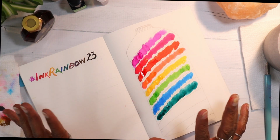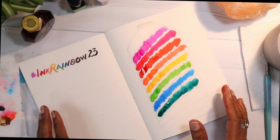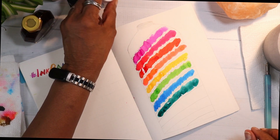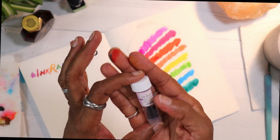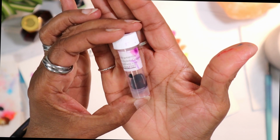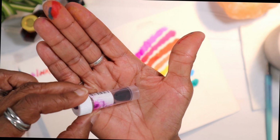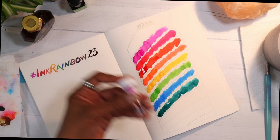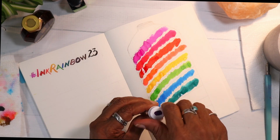I don't have anything purple, or I should say, I didn't have anything purple. And now in fountain pens, I'm kind of liking the purples, which is so weird. Anyway, this one, and I need to order a bottle of this. This is DIAMINE Brilliant Violet Copper. And you can see I have very little left. Let me shake this up because there's a copper hue to this that is just